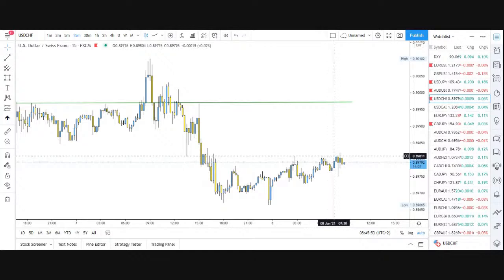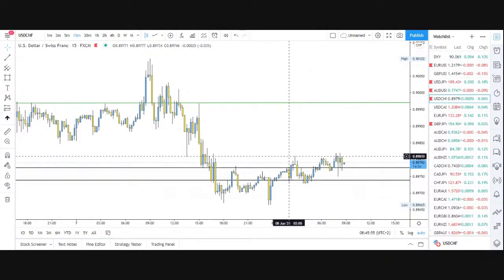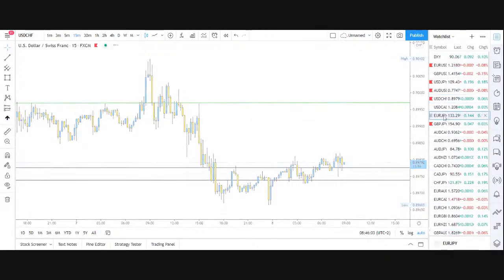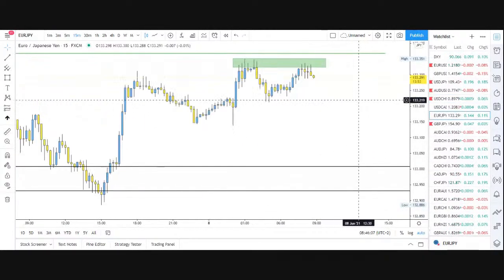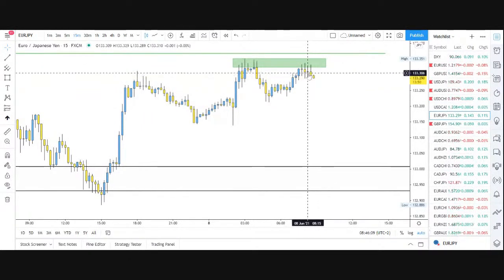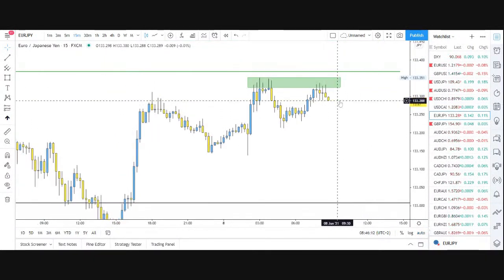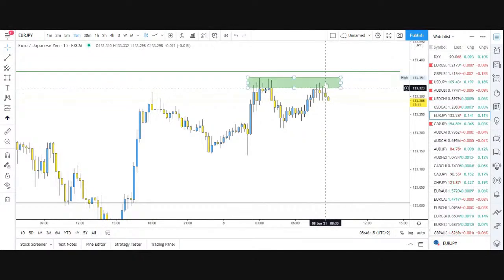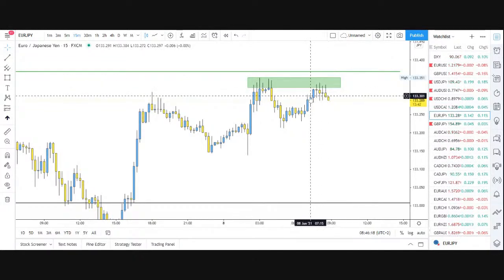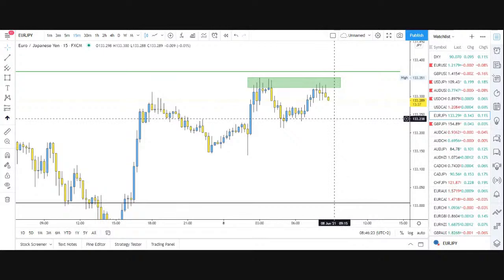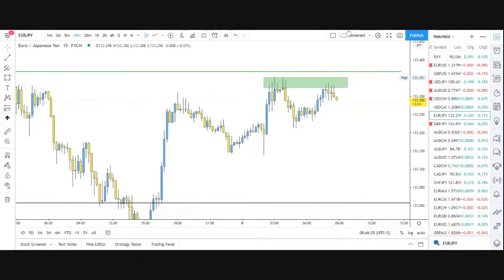See if we can start to take out these areas in the market. When we start to take out these areas, what we can then expect is that price is gonna go higher, okay? This might be a bit of a momentum candle, not based on the full body but based on the fact that we tried to push higher and then we pushed lower. But you can see this area in the market where all three of these wicks need to be broken with decent momentum. And I think that momentum for Euro is gonna come in at about,